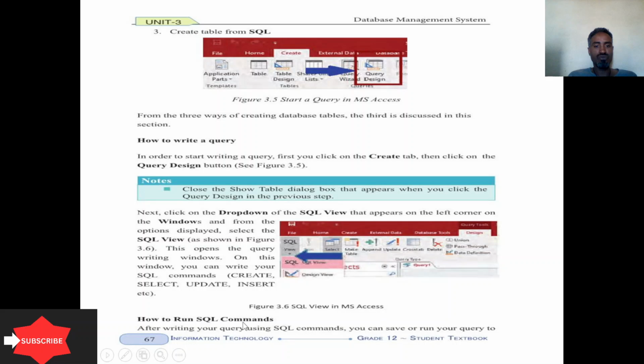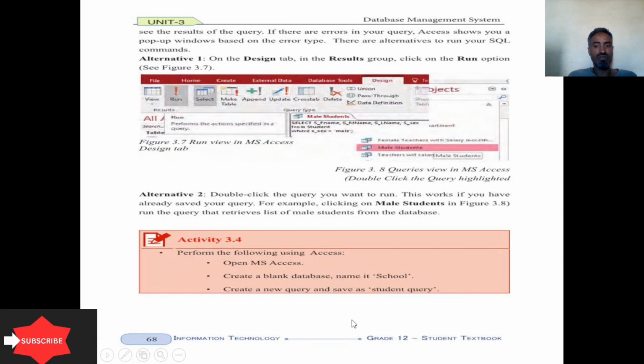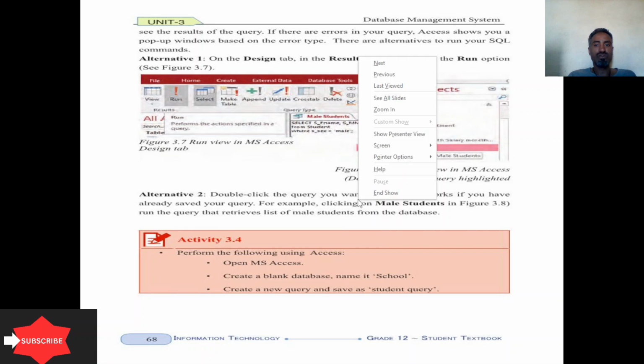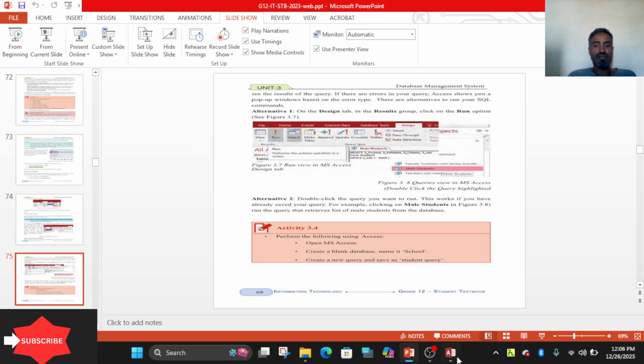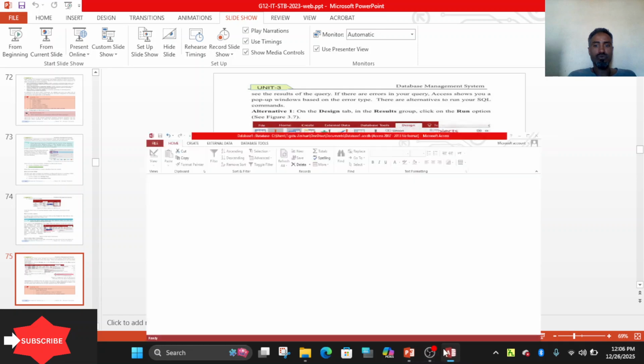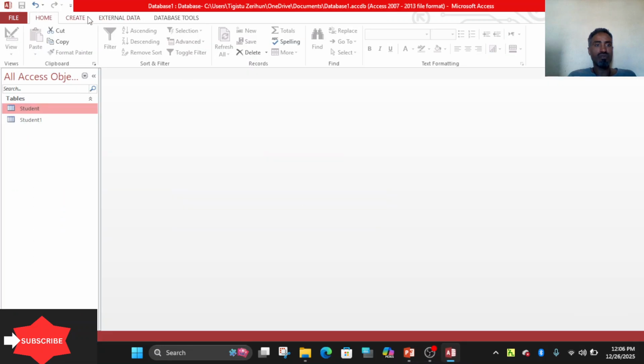How to run SQL commands. After writing your query using SQL, you can save and run your query. On the Design tab, under the Results group, there is a Run button. After writing the command you have to run it.